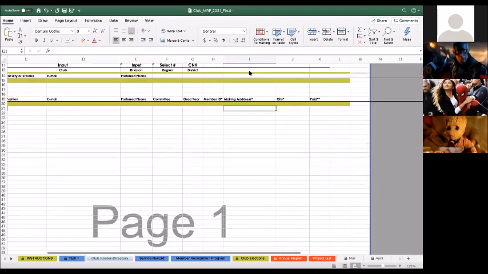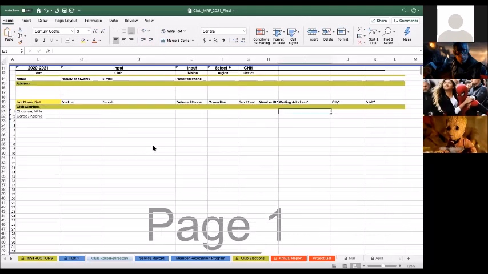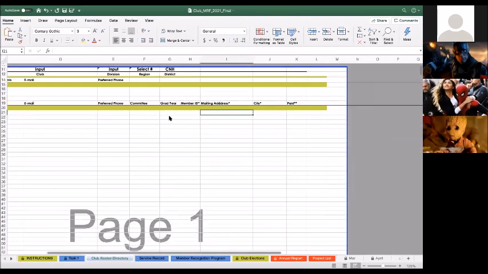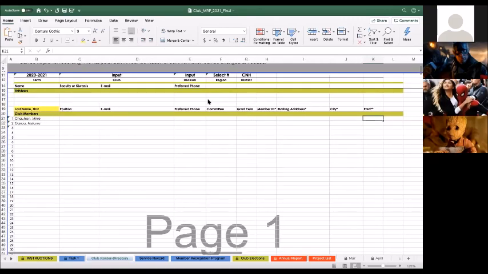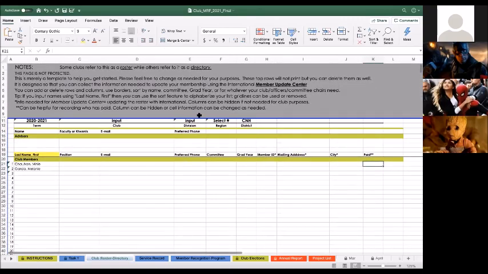Someone said something in the chat. Yeah, for position, just put general member. And I suggest filling out the dues paid because that'll go to another tab. Any questions with this tab? There's a whole explanation above too.